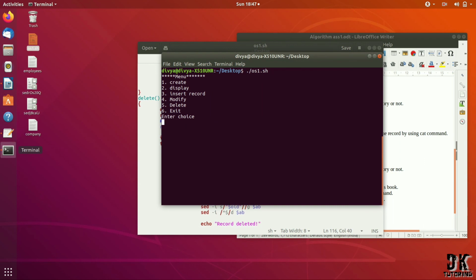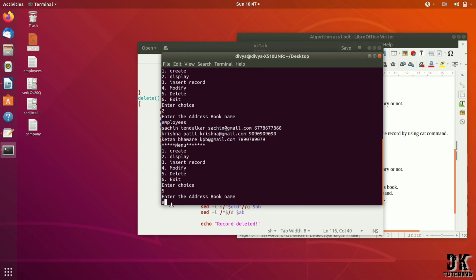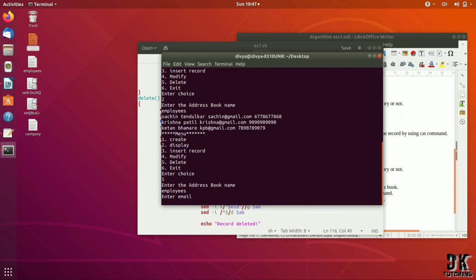Okay, so display the record, address book name. As you know, my address book name is employees. See, this is my record, and I want to delete this one, Krishna Patil. So for the delete function, enter choice 5, enter address book name employees, enter email. The email for this one is krishna@gmail.com.